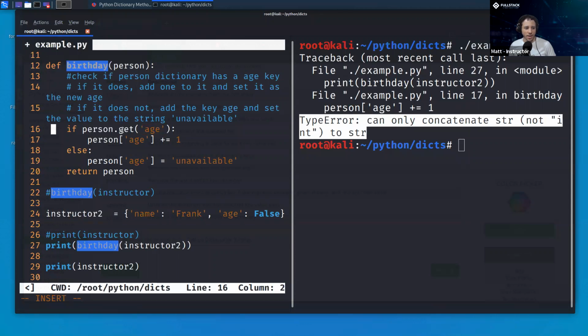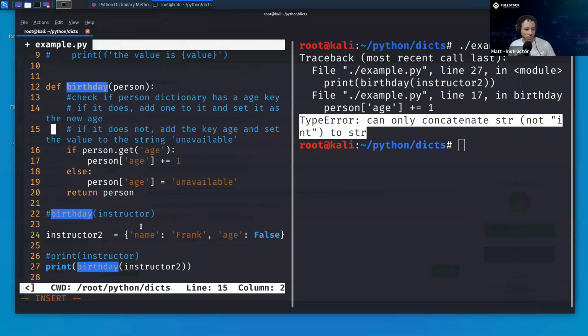So the .get method is going to be like, hey, let's look inside and get the age key. And then we're going to return the age value, and the age value is false, right? So this whole thing says if false. Well, if false, we're going to do the other thing. So what happens here is we're going to set the age to be unavailable, and then we're going to give that person back. So what I expect to happen when this happens is